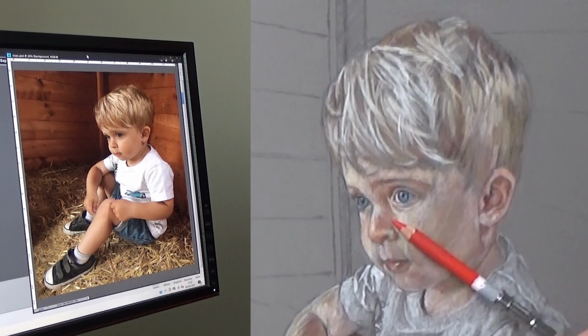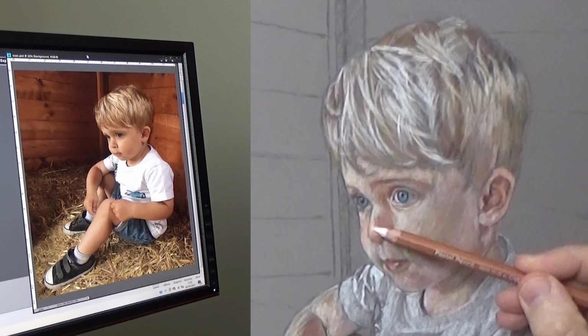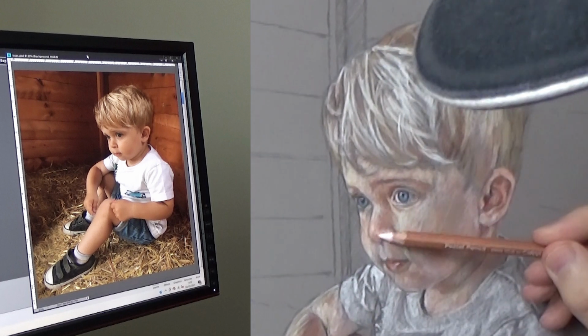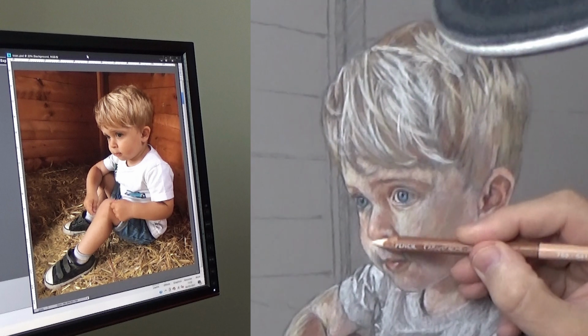And also a Carbothello red here I'm glazing with as well. So you're mixing between the two, you're just picking up the pencils and seeing what works. But basically what you're doing, you're using your primaries, you're using your red, your yellow ochre,